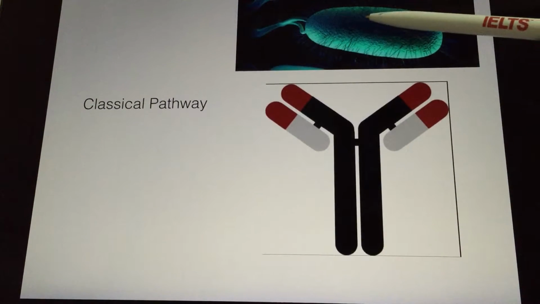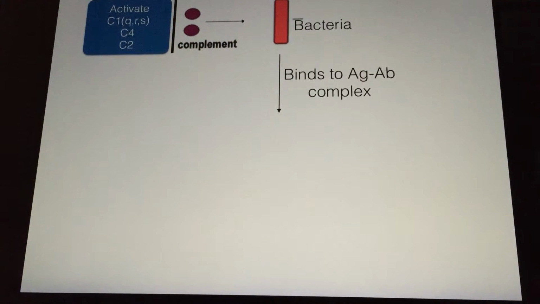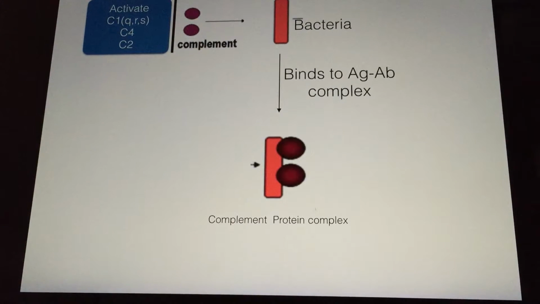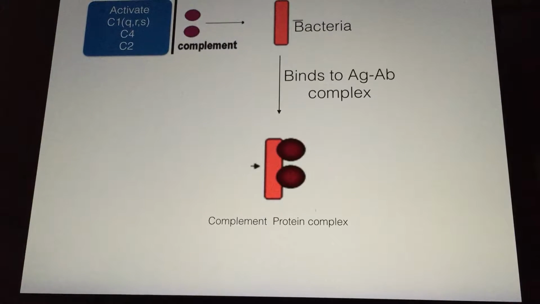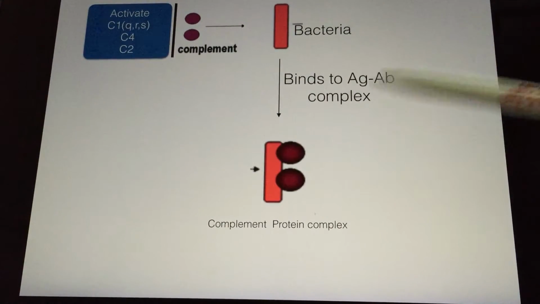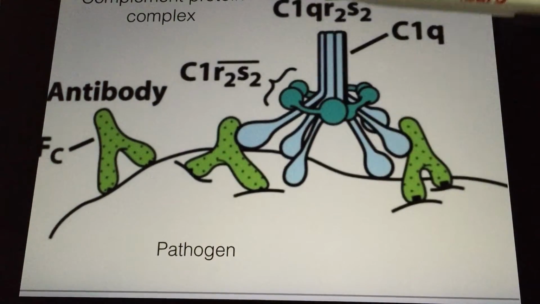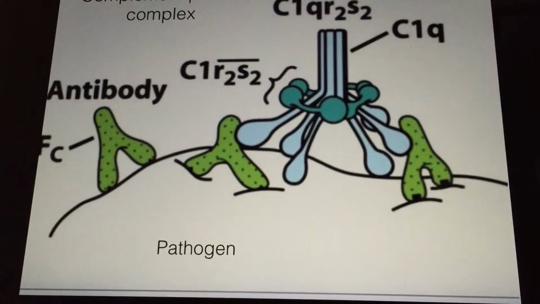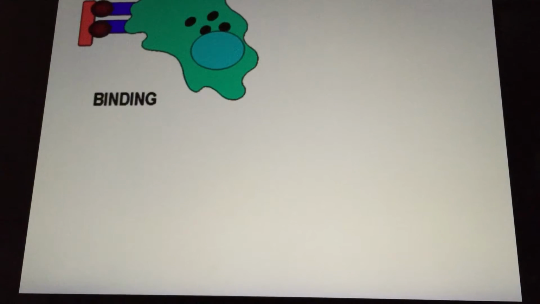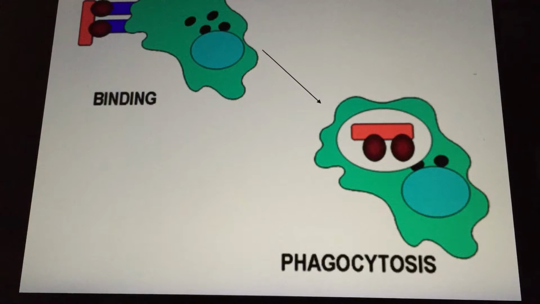When the pathogen binds to antibodies, it will activate C1, QRS, C4, C2 to bind to bacteria and produce an antigen antibody complex, and this is the complement protein complex. This explains the pathogens and the antibody, and this is the complement protein complex, and after the binding it enhances phagocytosis